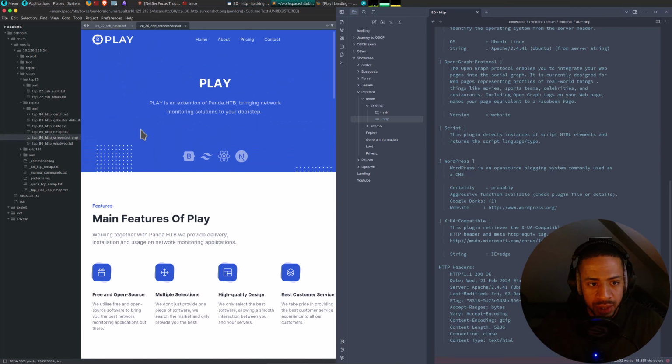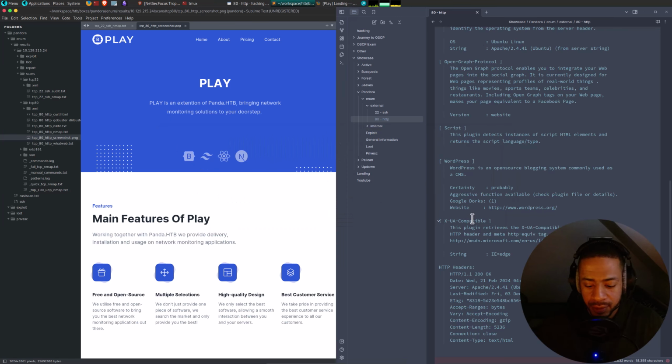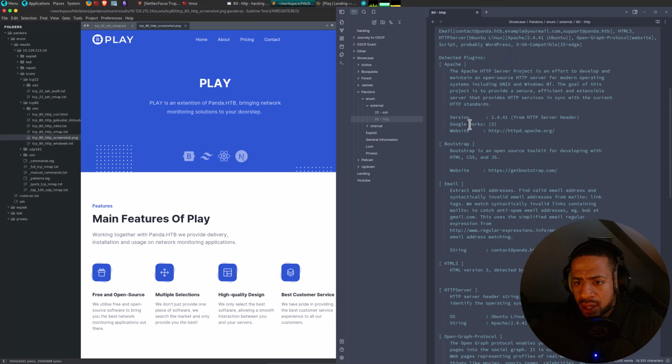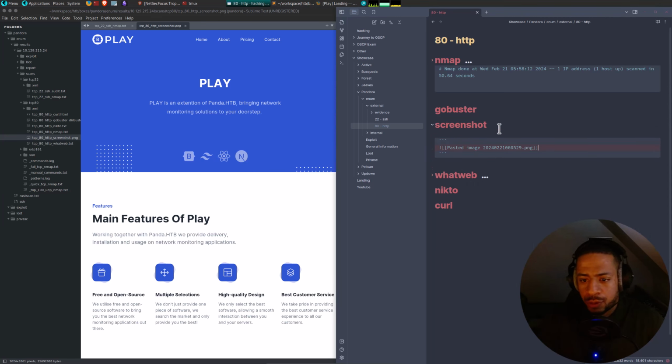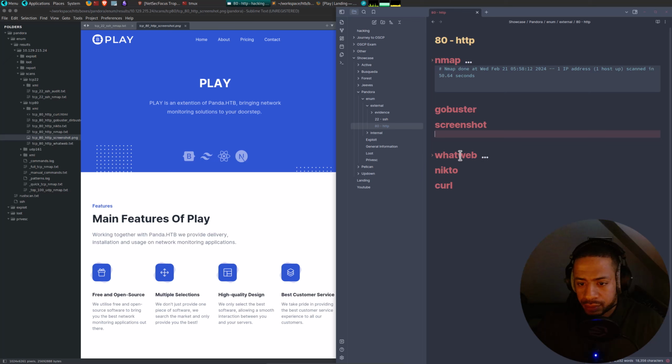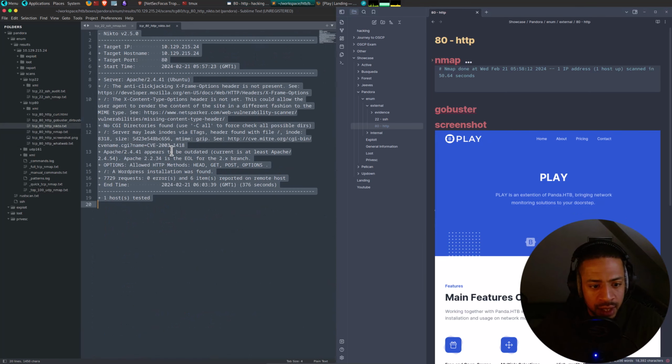The screenshots, yeah, this time I'll take this one, because I know this page has basically nothing. Though I will check that input form. And then Nmap we did.